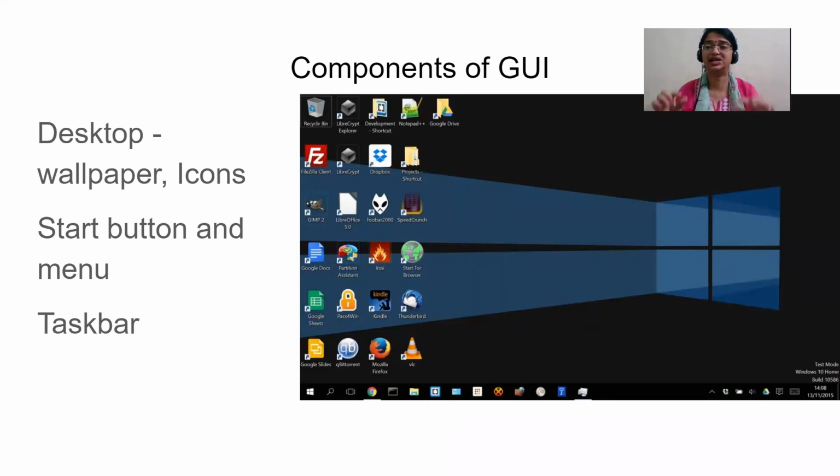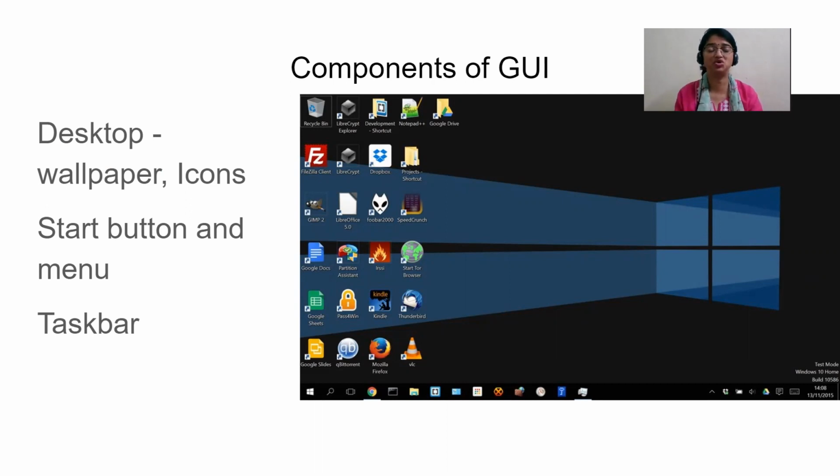Menu means what? A set of options or list of options that are available for us to work with. And at the bottom, we have something called the task bar, where the opened icons or applications are in the minimized form, and we can easily select them by either single clicking or double clicking them and work very quickly. And it is a multitasking operating system.